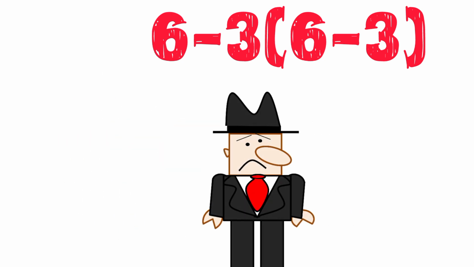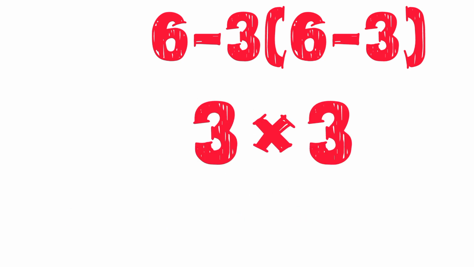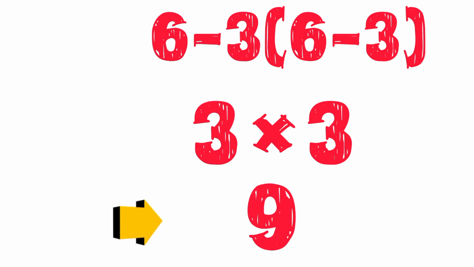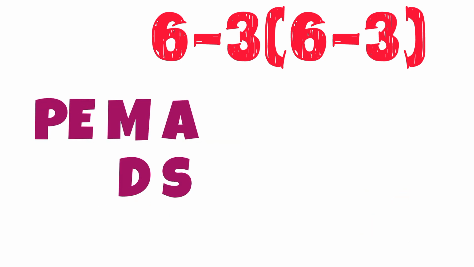They solve it as 6 minus 3 equals 3, times 6 minus 3 again equals 3, and 3 times 3 equals 9. But trust me, students, this answer is absolutely wrong, because of the order of operations, which is called the PEMDAS rule. According to the rule of PEMDAS, first we solve parentheses, then exponents, then multiplication and division, after